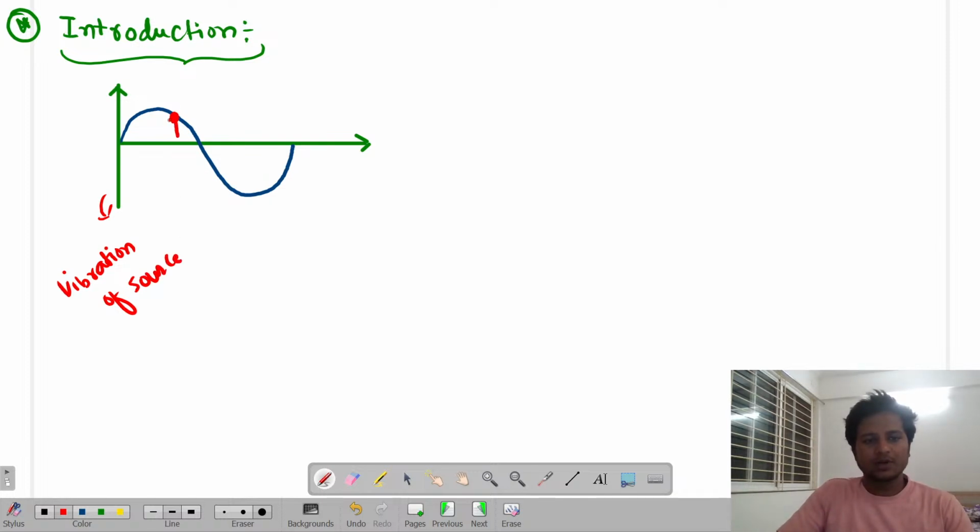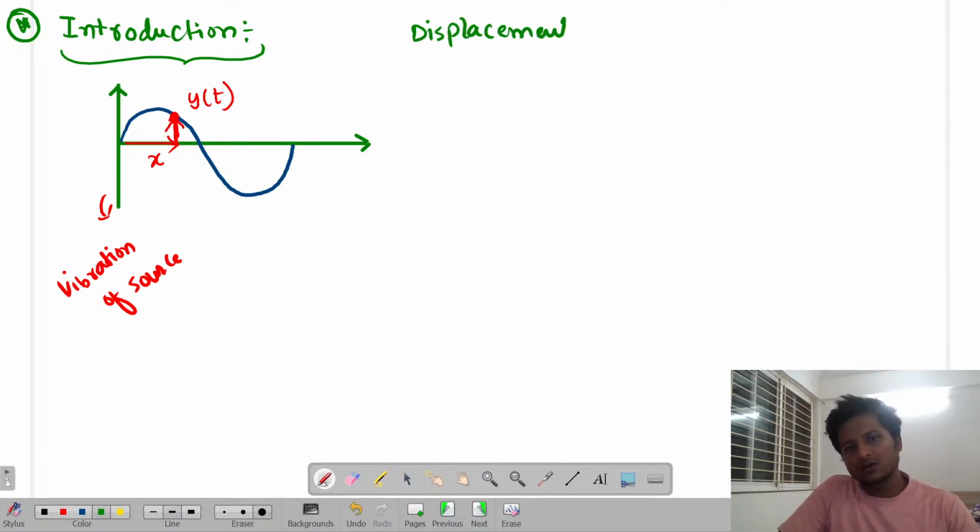And if this is my particle present at some x distance away from the origin, and I want to know its displacement equation, then we told that the displacement equation of the wave was given as